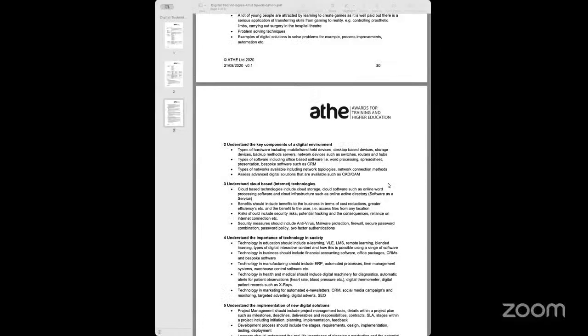Understandings of services or applications which are going to be helping us to look at connecting to the internet. The second bit that we are going to be looking at is what are the benefits of running some of these services on the cloud. Is this going to be beneficial for the organization? Is it beneficial, in general, to reduce certain costs? And what are the risks associated with it?